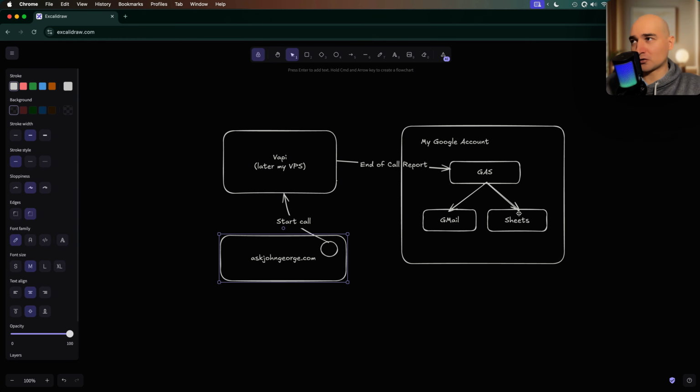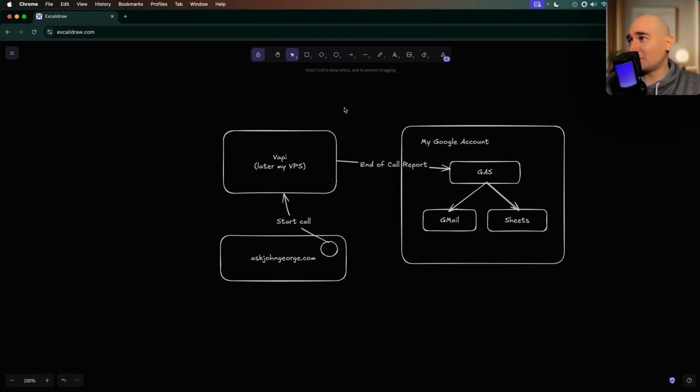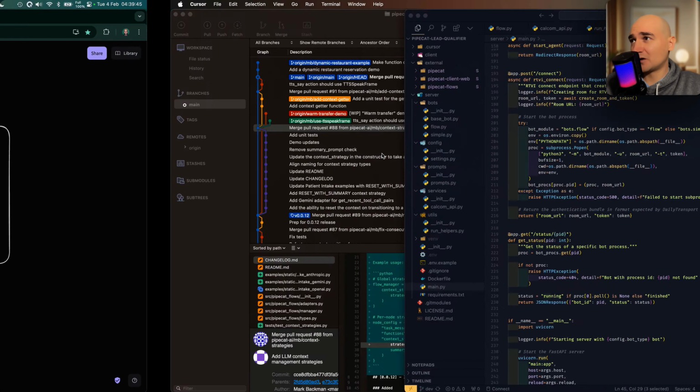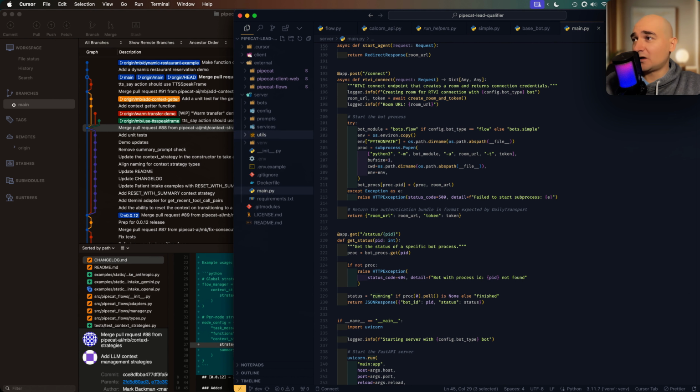I also need to handle call recordings. To do that, I need to sign up with Daily and then check that out, and they'll handle that for me. And the other thing I'll need to do is set up my own VPS to replace Vapi, where I will run the server that I've been building here, this thing. And then that should be done. So yeah, those are the outstanding tasks, and I shall be getting to those for as long as it takes, I guess.